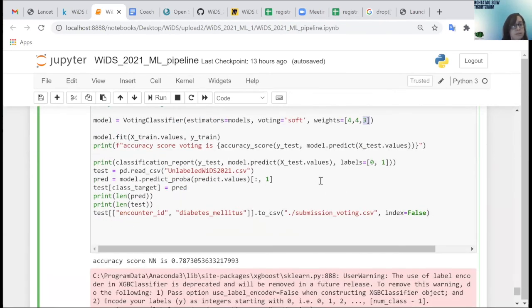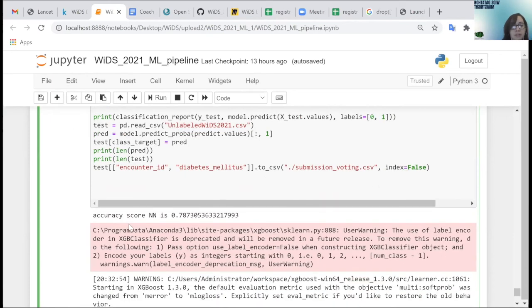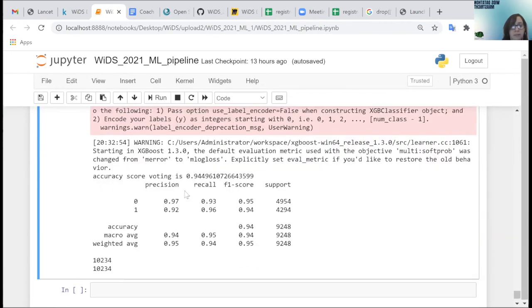So usually this voting and ensemble methods in general take time to run. This is something to consider, and be careful, because if you want to test them, you know that it will take more time than individual classifiers. So with this, I can compute the accuracies of all my individual methods, but also the accuracy of my ensemble